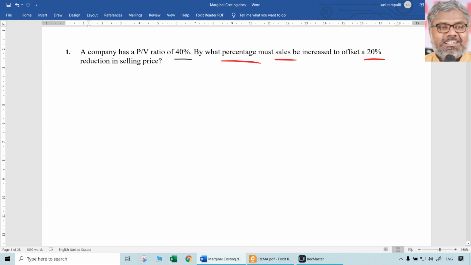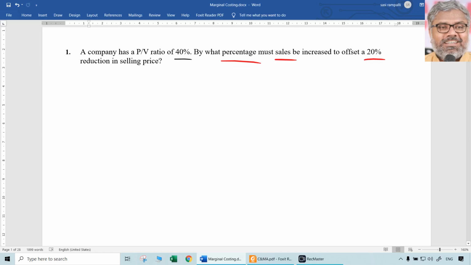First point here is no absolute numbers are there, all are percentages only. Even the requirement also is in percentage. So there is no way that we can directly just apply some formula and get it. First thing first, an easier way to solve such questions where only percentages are given is to take some imaginary data. Just take any numbers just like that.